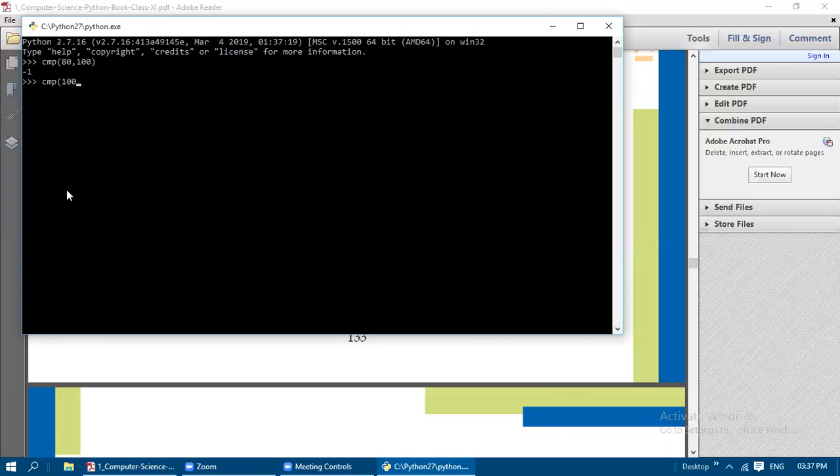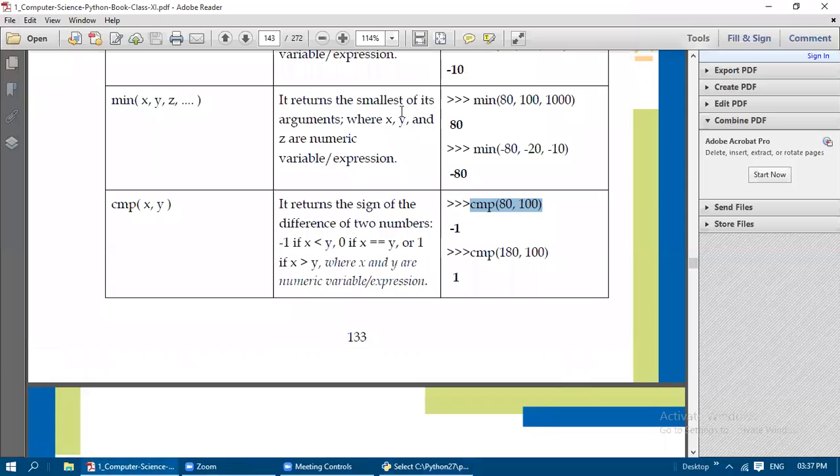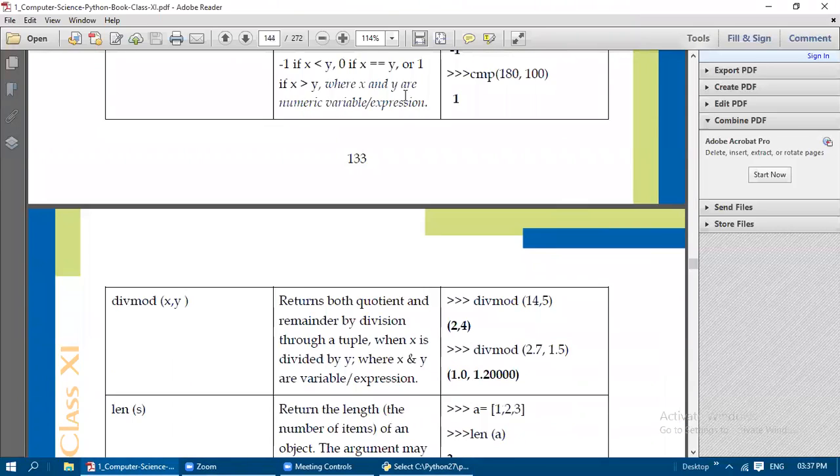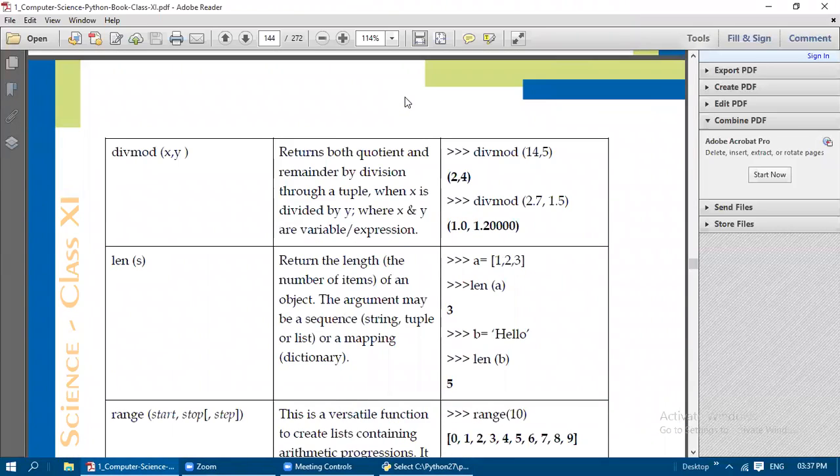Compare of 100, 80, it will return +1. CMP of 80, 80, both are equal, it is returning 0. So like this, you will get the answer when you execute this in a command line, that is the Python interpreter.